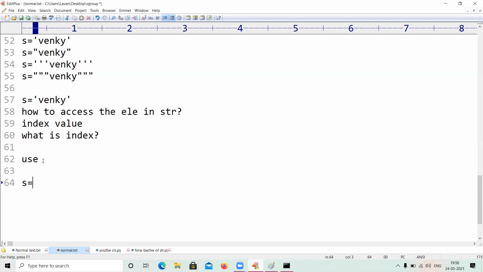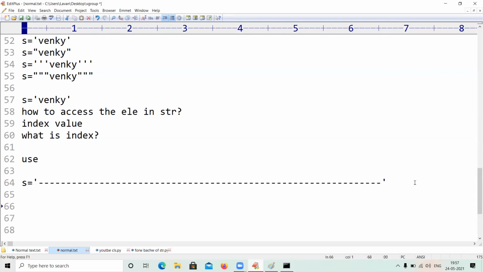Here I will take s equals to one unknown string, print. We don't know what the string is, and we don't know how much length it is. Assume there is a big string. Now you are going to get the value of negative index. In this unknown string, if I want to access the last element,